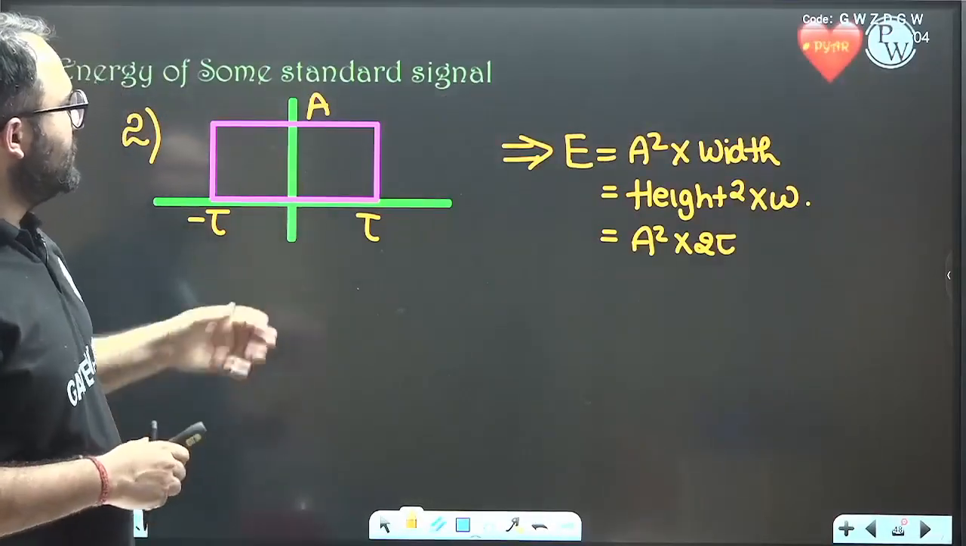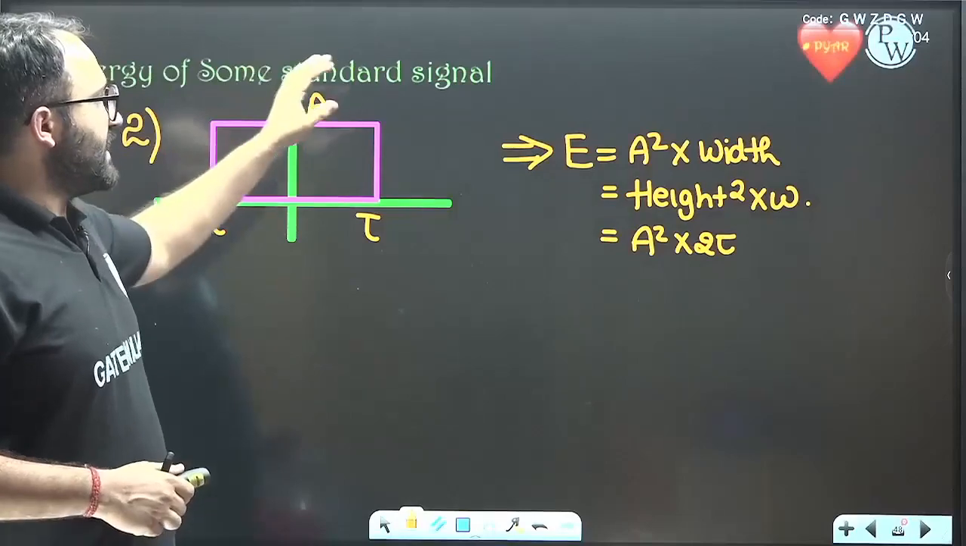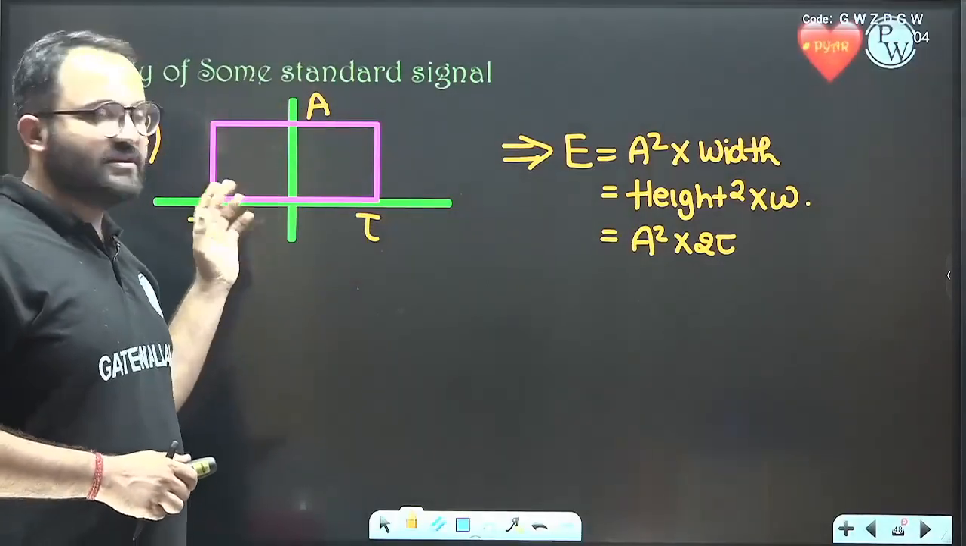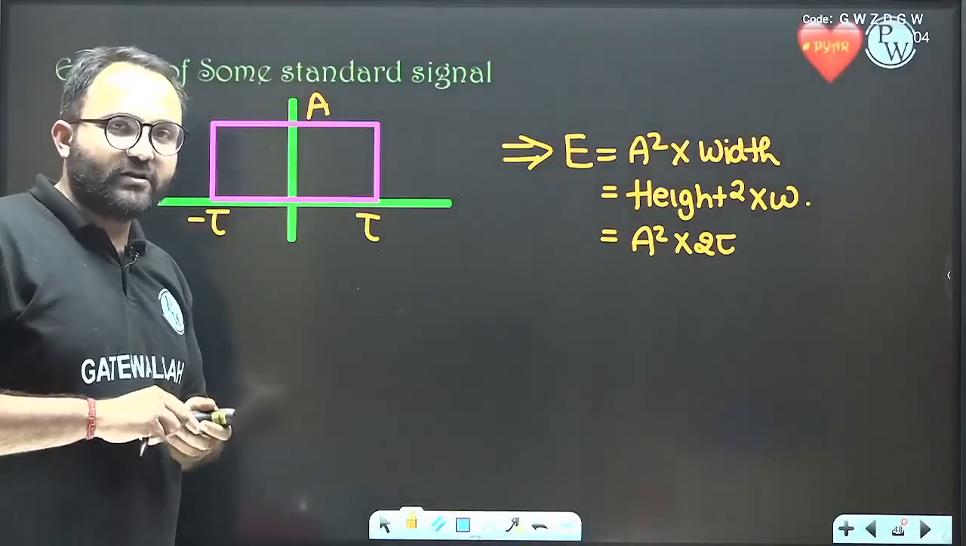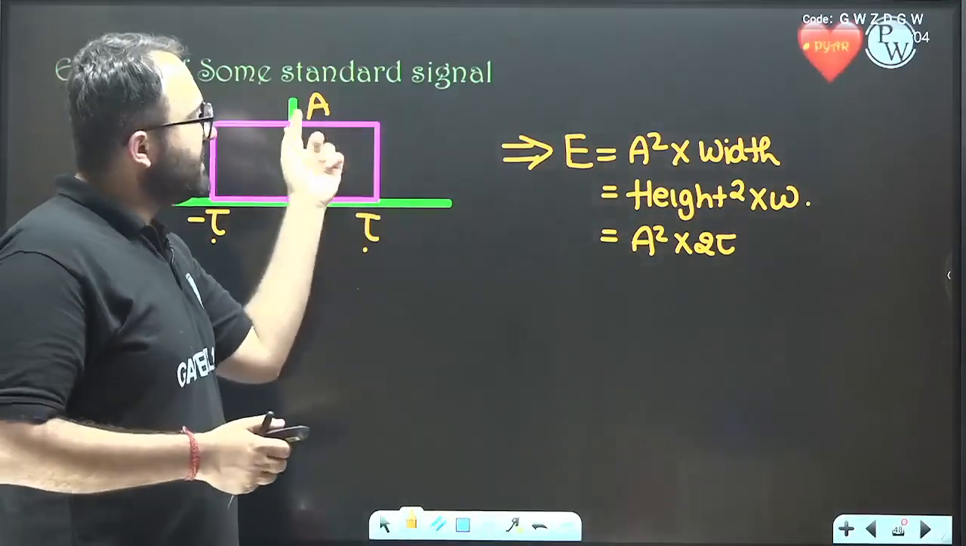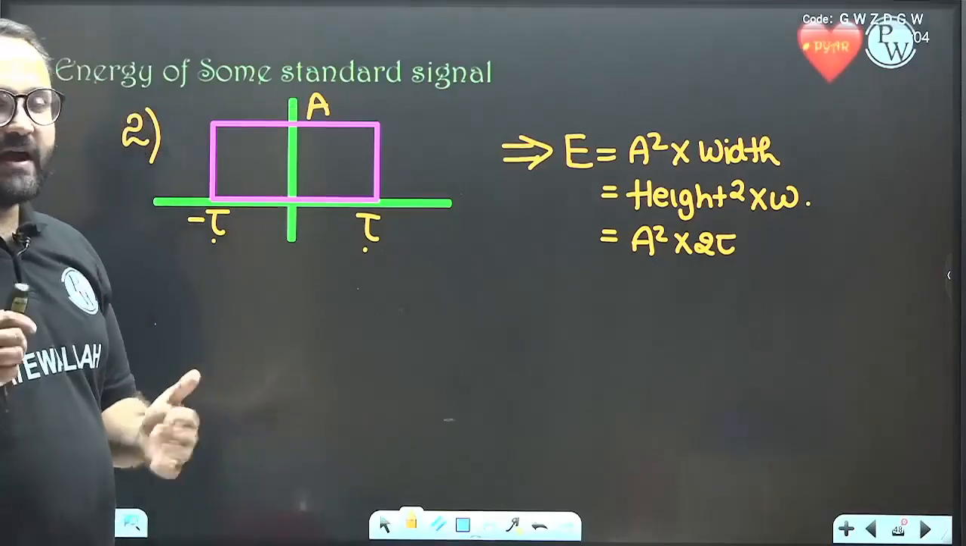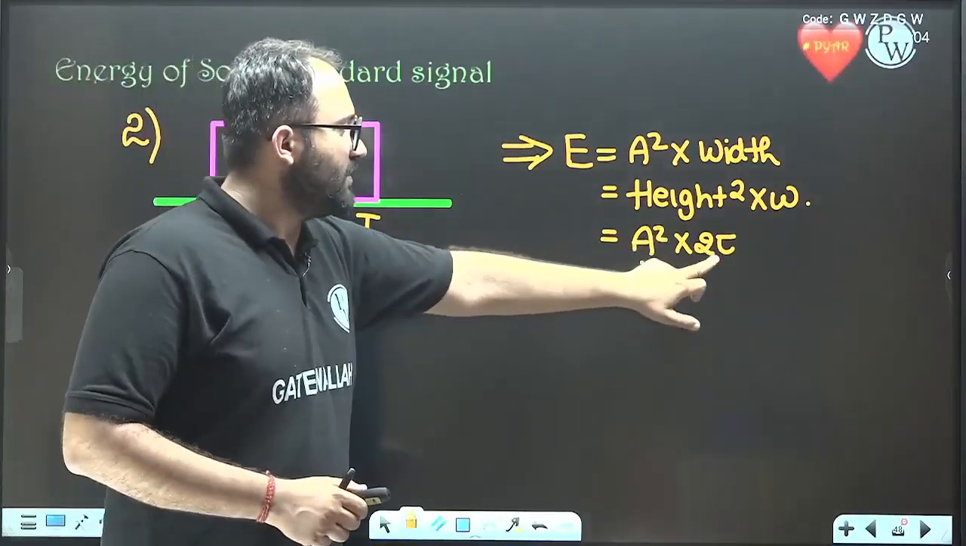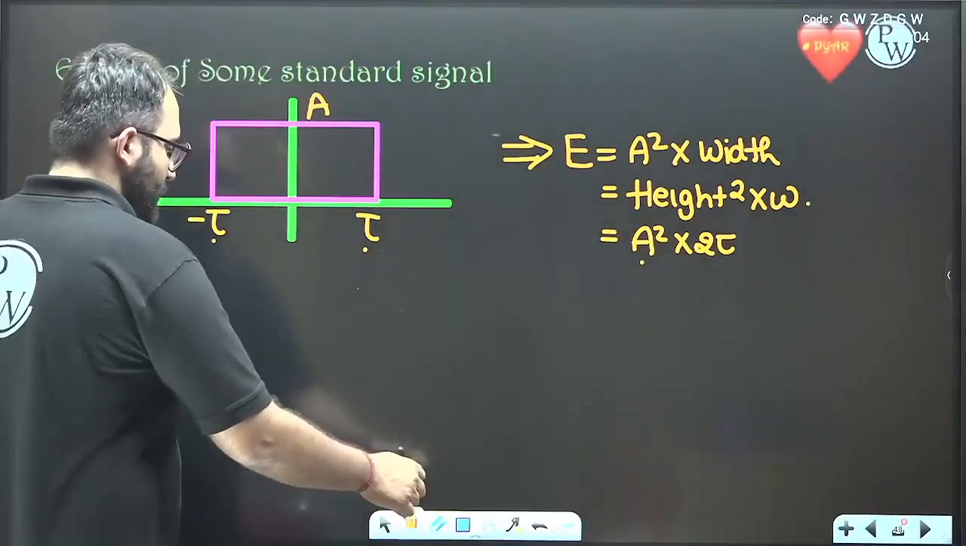And next is the energy of some standard signals. This is a standard signal. Let us say this is a rectangular signal from minus tau to tau. So the energy of this will be height square multiplied by width: a square multiplied by 2 tau. Now let us see